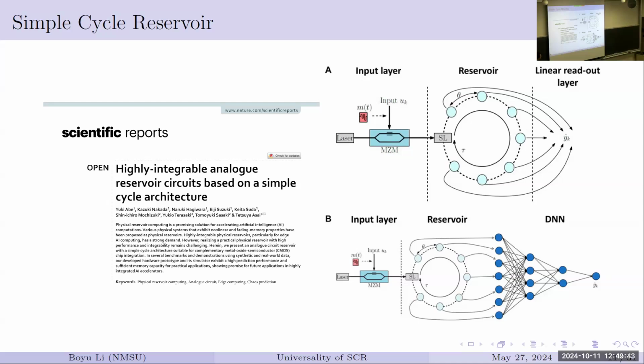So you have some input, you shoot some laser and input it in there, and you add up to your state. You do some stuff with your photons, and you have a bunch of output layers, and you try to train the output layer. So that's the training part. The left hand side is going to be fixed, the right hand side is going to be trained. So that's roughly the idea.